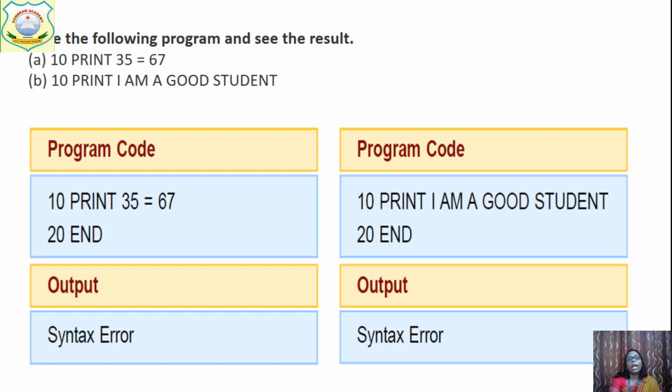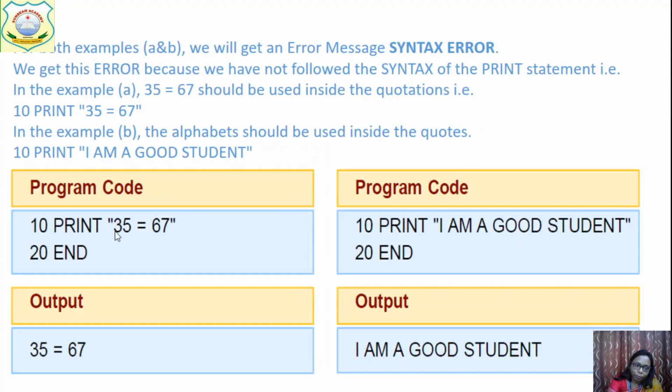Now see, अब I told you, every language follows some syntax. So here also are we following the syntax or not? No. What is missing? Why is the output written as syntax error? Why? Because this is not a mathematical equation. अब mathematical equation नहीं है तो why syntax error? Because we have not put the double quotes here. Okay, here also we have written a text string and double quotes are missing. Just see, if we put the double quotes, it will give you the output like this. Got it?